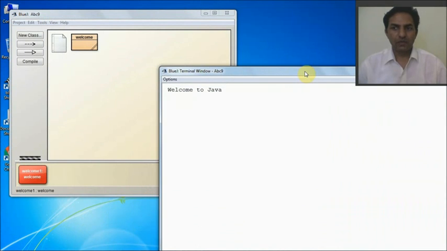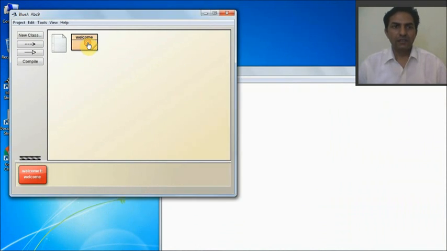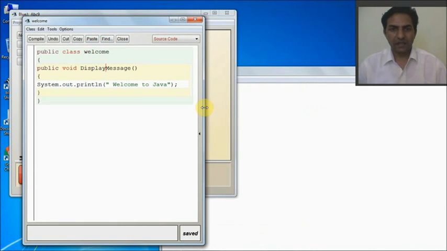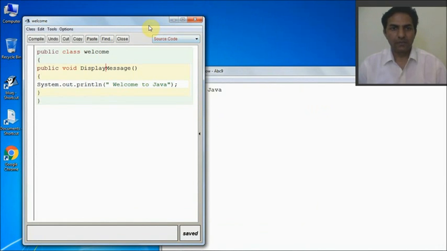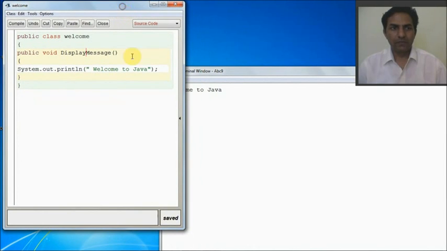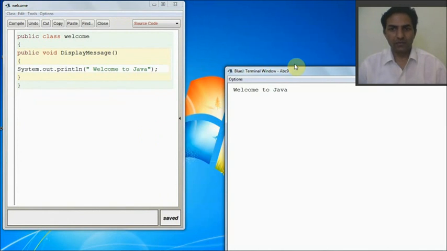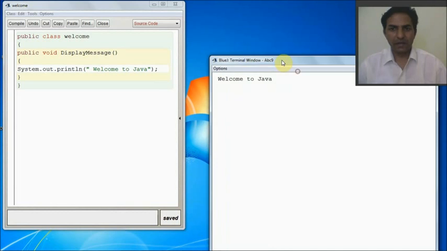The program code, you minimize this or keep it to one side so that you get the code. So I am writing it here. See, both the things are clear. Mention here once, this is your program code and this is the output. So you can see on two windows, I am just keeping them side by side here.